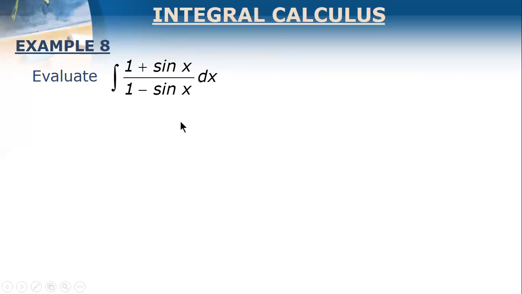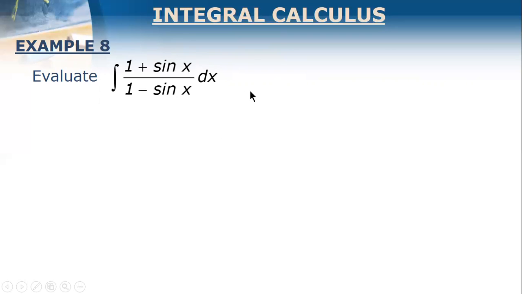And this is the final answer. And you also have this one: the integral of 1 plus sine x over 1 minus sine x dx. Now, if you will let 1 minus sine x be your u, your du will contain cosine x. But then our numerator doesn't have cosine x. So you might think that we will modify this one so that if we let this be our u, we can have cosine x in the numerator.